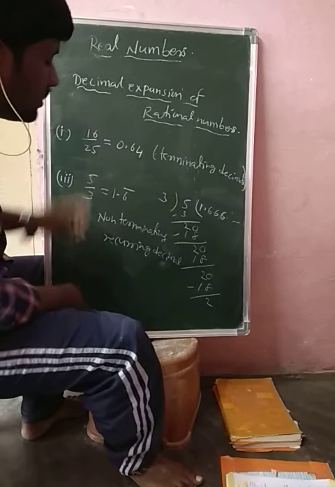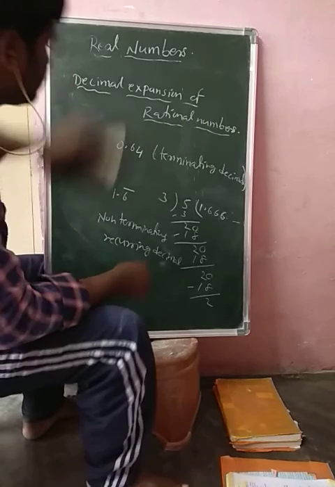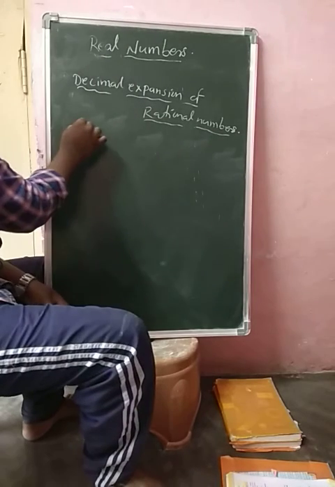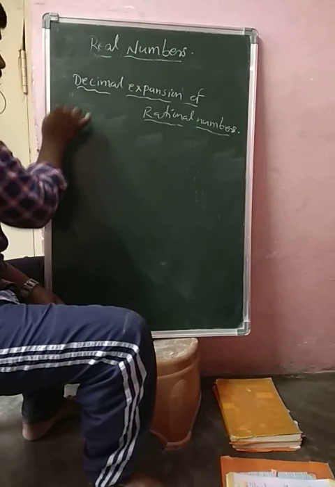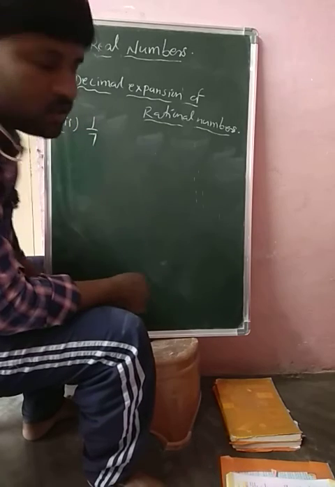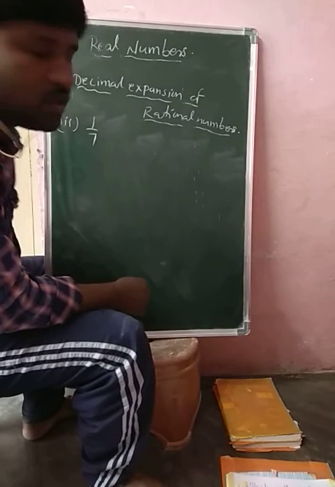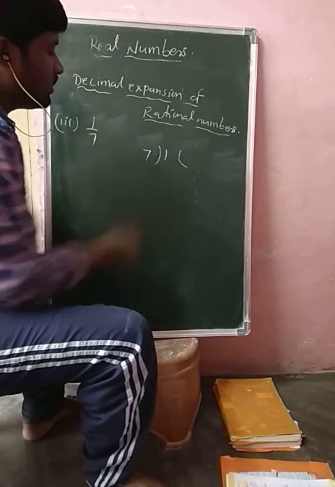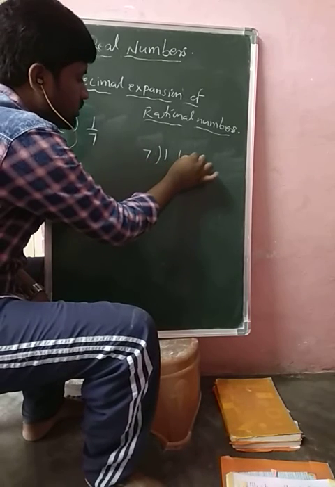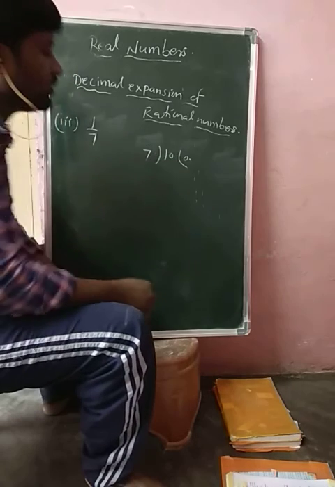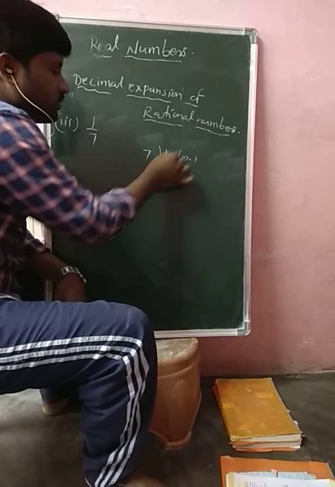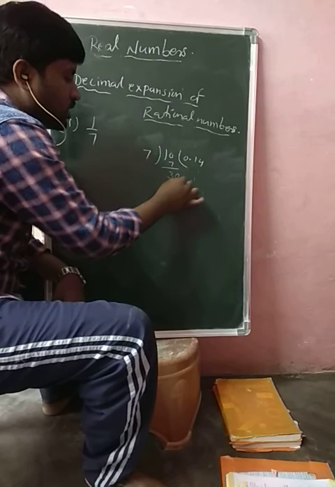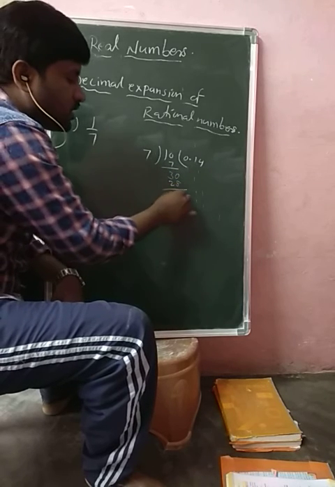So like this. Now take one more rational number. One more, you just consider one more rational number, that is 1/7. Then see its decimal expansion. So 1 is the dividend and 7 is the divisor. You take here 0 point, you just continue the division. 7 1s are 7. 10 minus 7 is 3. Already point is there, take 0. 7 4s are 28. 30 minus 28 means 2.